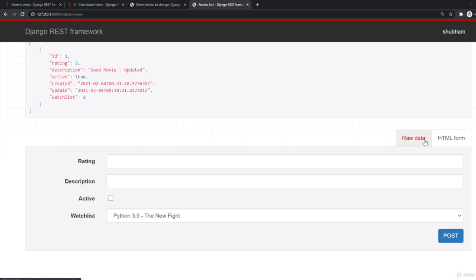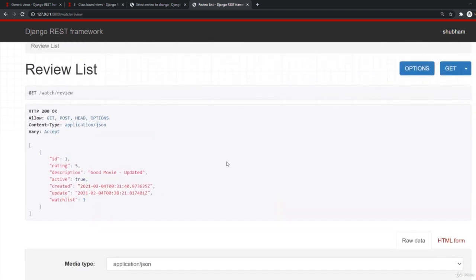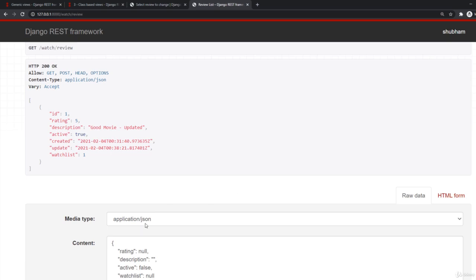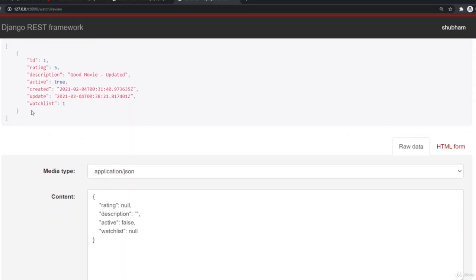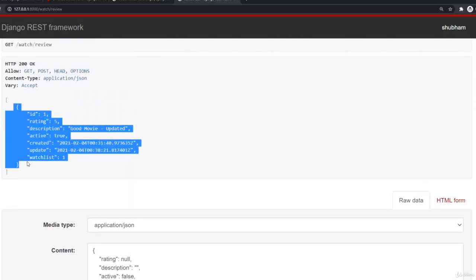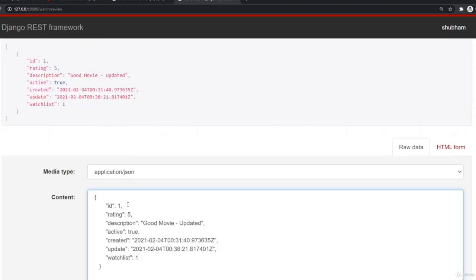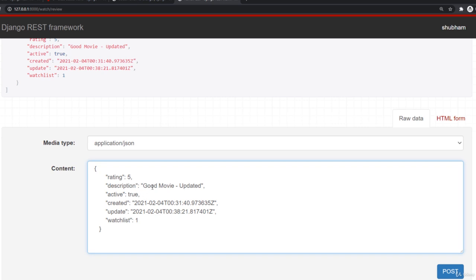Initially, later on, once you have a habit with JSON and practice, you can use it, but initially I don't recommend it. So currently we only have one object, and remember, with this current view, we can also perform post requests. So why not just pass a review? Here I'm going to copy this one, paste it here, remove the ID part. Let's take rating as 5, description as good movie as it is, and I just need to remove these created. I just need to pass this movie ID number,